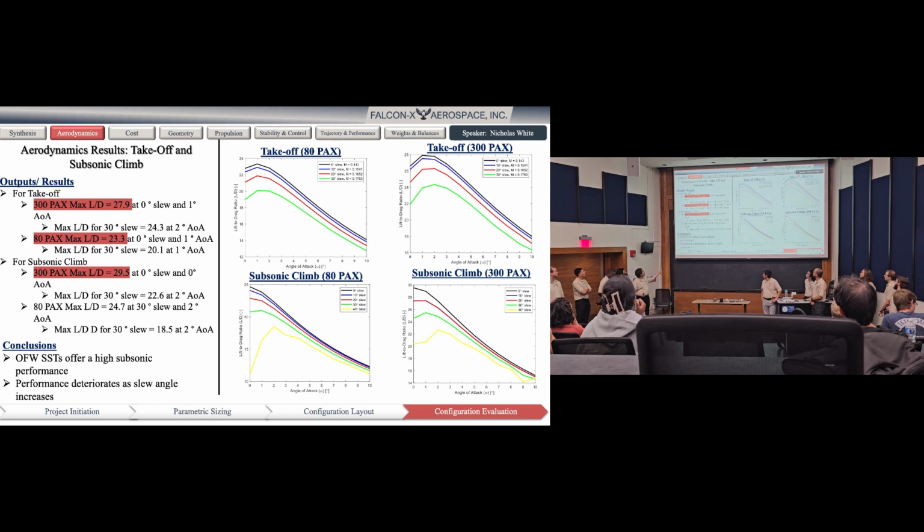For subsonic climb, we have a max L/D of 29.5 with a 300 pack solution, and our 80 pack solution goes down to about 24.7. Now another thing to note here, for subsonic performance, our alpha angle decreases our performance, so it is necessary to limit the amount of alpha that we have at low subsonic speeds in order to,